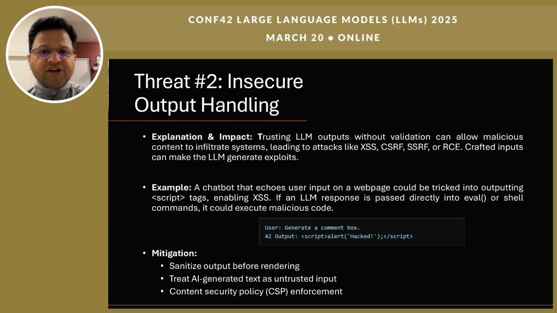Similarly, an application that executes LLM-generated text could inadvertently run hostile commands. Mitigation is to treat every LLM response as untrusted data. Sanitize and validate outputs before rendering them in user interfaces or sending them to downstream systems. Implement robust security headers and content security policies. For critical operations like command execution, always insert a manual review or a sandboxing step.